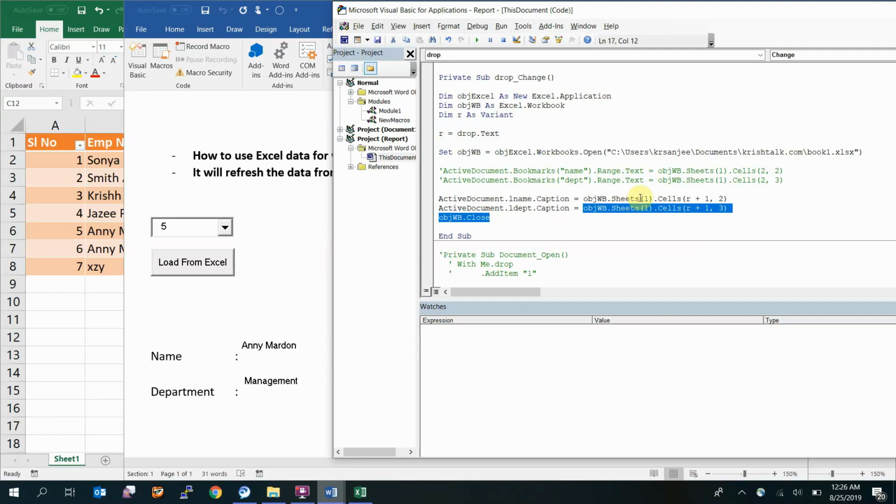So you can see here sheets 1, that means how many sheets I have, just one, and indexed as 1, first sheet. And then cells, R is nothing but the variable because I have to get the value based on the selection. So I'm reading this value here and then utilizing that variable here. So R is now for now 5 and then plus 1, because as you can see here, this is the row number in fact, but my serial number is